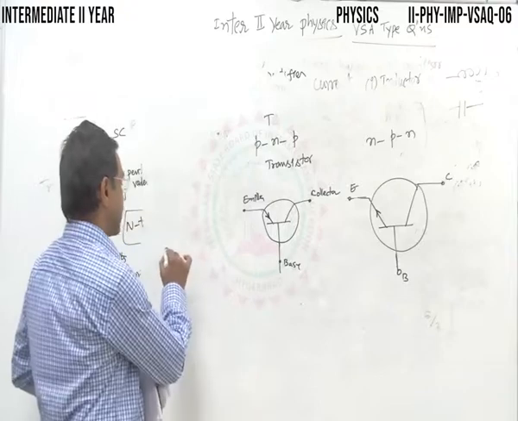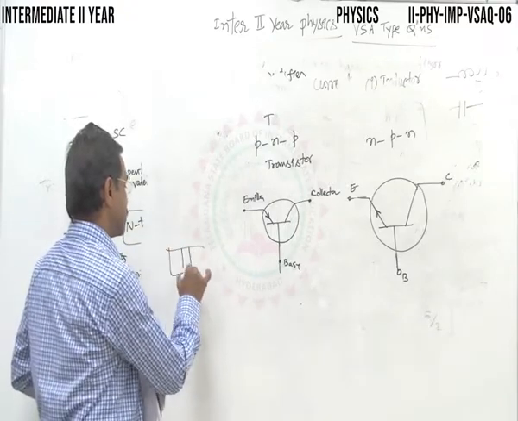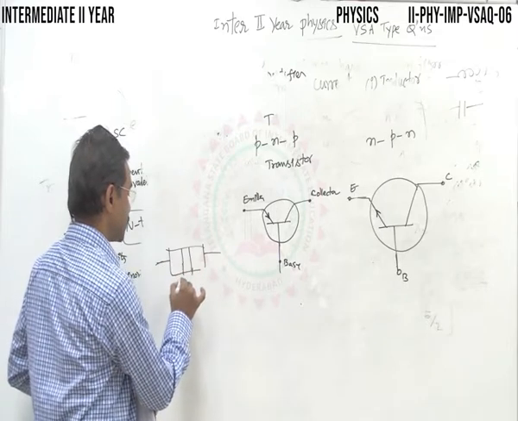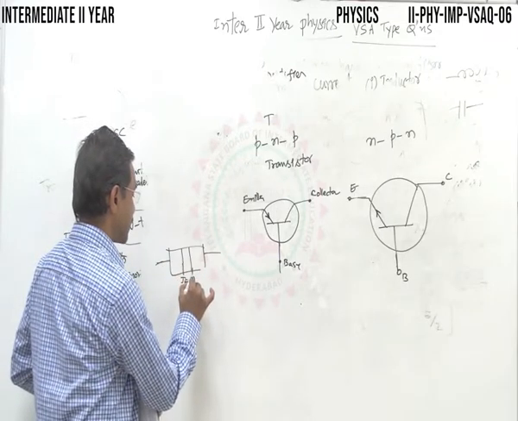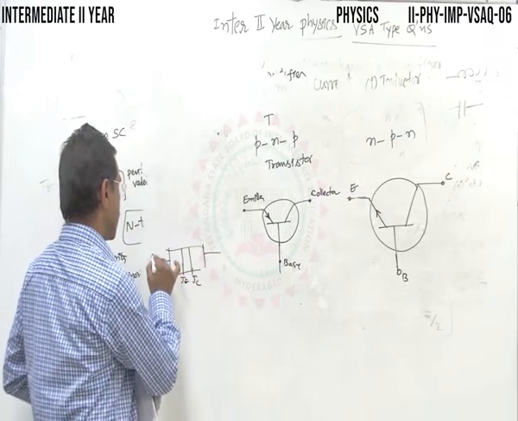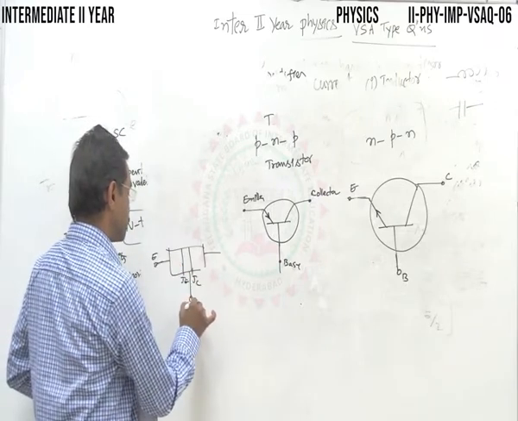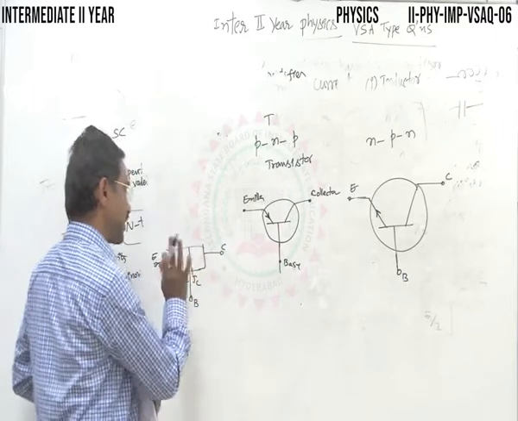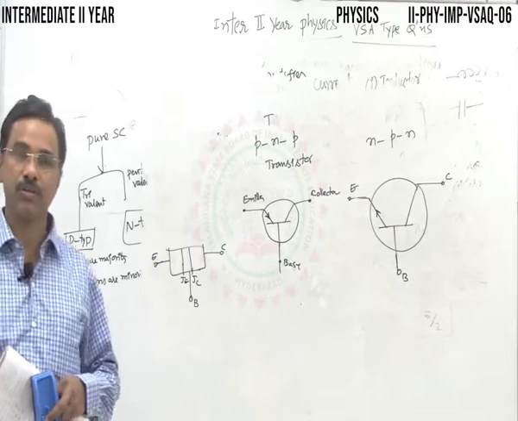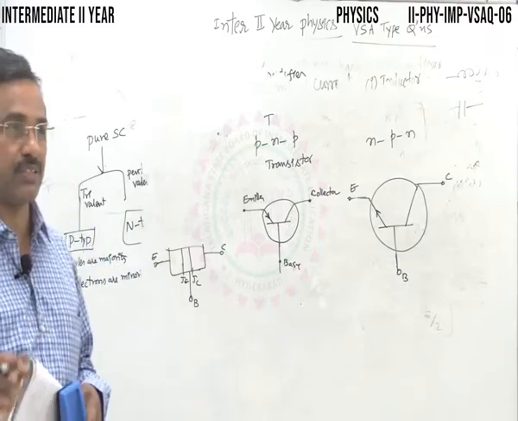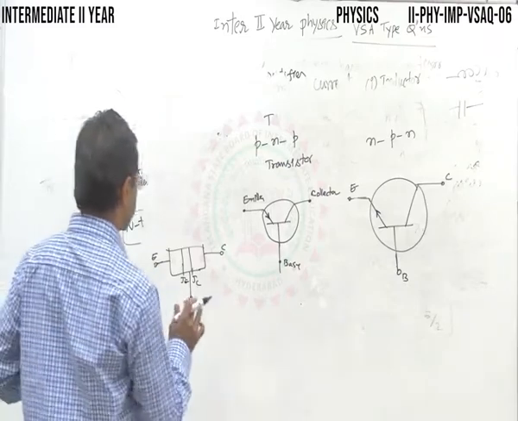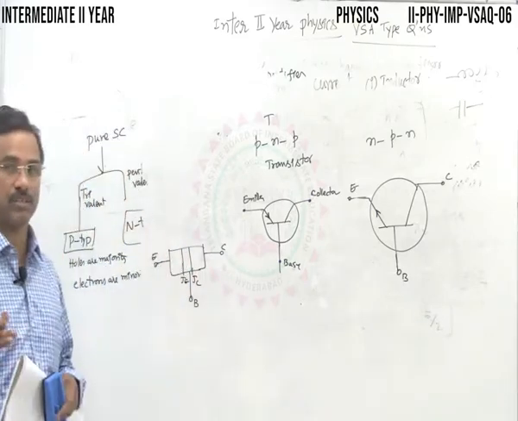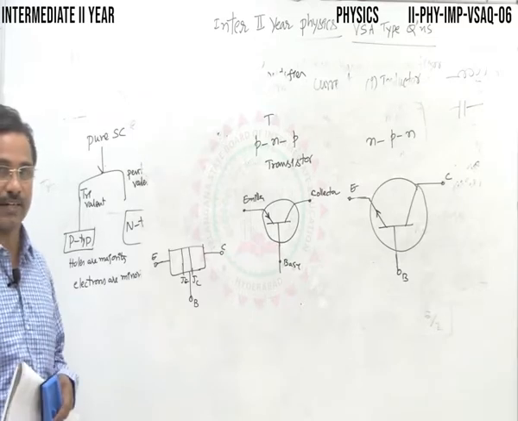Actually, the transistor is a device consisting of 3 terminals and 2 junctions: the emitter junction and the collector junction. We have the emitter, then the base, then the collector. These regions are specific, they cannot be interchanged. Unlike a junction diode, where the emitter and base can be interchanged and nothing happens, in a transistor they have different sizes and different purposes, and the doping concentration is also different. They cannot be interchanged at any cost, right?